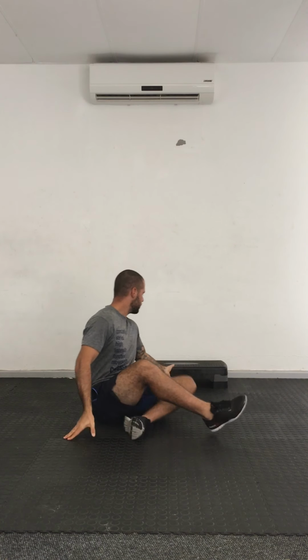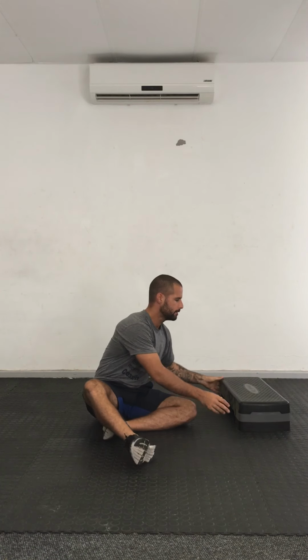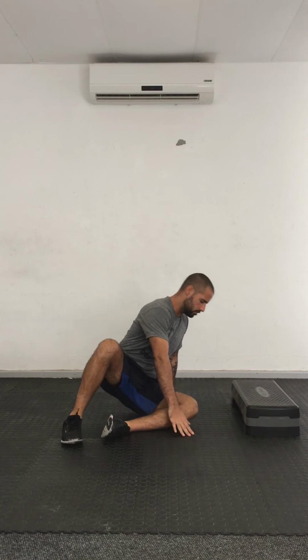Okay? The next one is the shoulder flexion dynamic stretch. So you can use a step, you can use a box, a chair, whatever you have available. All the purpose of it is just to elevate your arms off the ground so that you're not doing a typical child's pose. Okay? So what's going to happen here is you're going to get into the child's pose position,